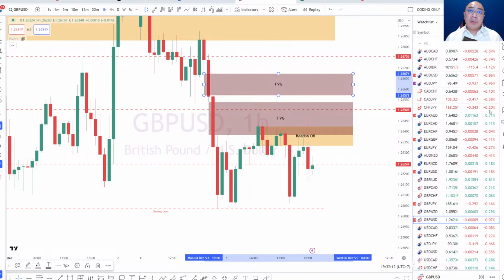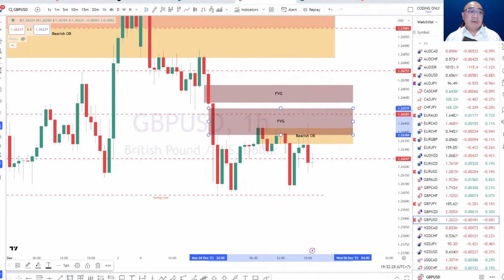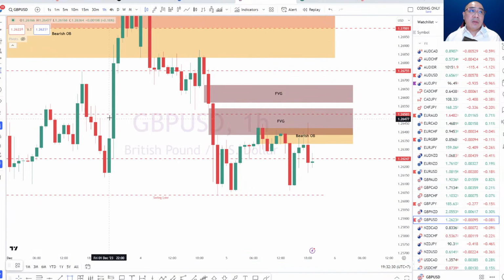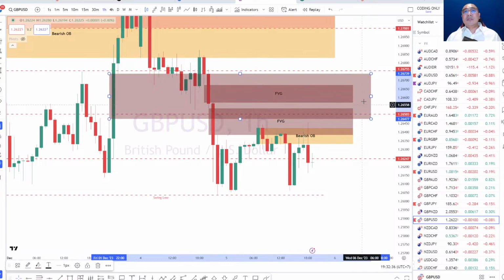Okay, cool. Are we good with fair value gap? We can go on and continue looking for fair value gaps, but right now there are two identified here, and the one here, which is the latest one, is probably more important as a fair value gap. Now up top, is there a fair value gap between this candle and that candle? Logically, yes. And to take a look at those two,